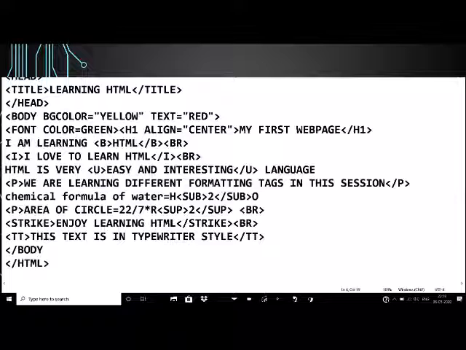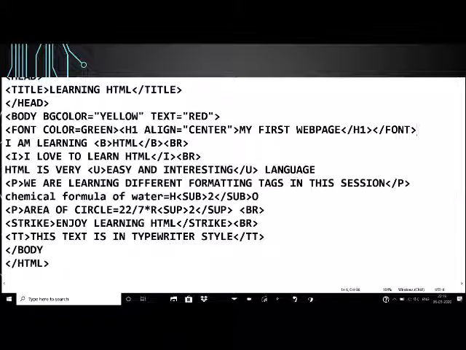Font tag is used to change the color, size or style of the text enclosed between font and slash font. So I will close this tag here. I will write here slash font. If I don't close it here, then the entire document will appear in green color. But I want only the heading to appear in green color, so I am using here font color.